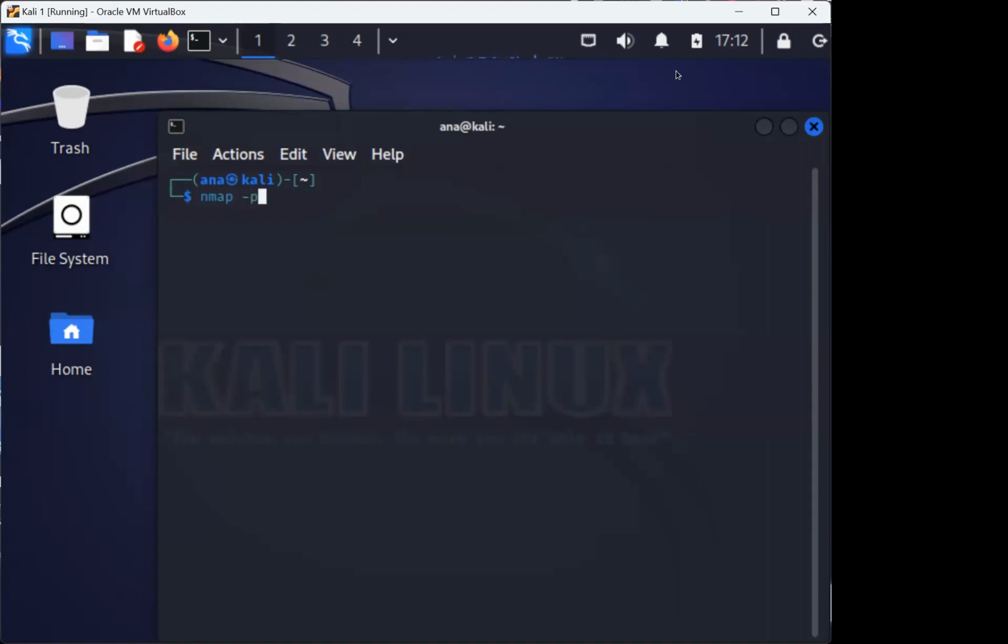That is just for a port. And then you do an IP address. So P is for the port. Let's do port 80. Oh, I forgot, switching back and forth on virtual machines will turn off your NMAP, just